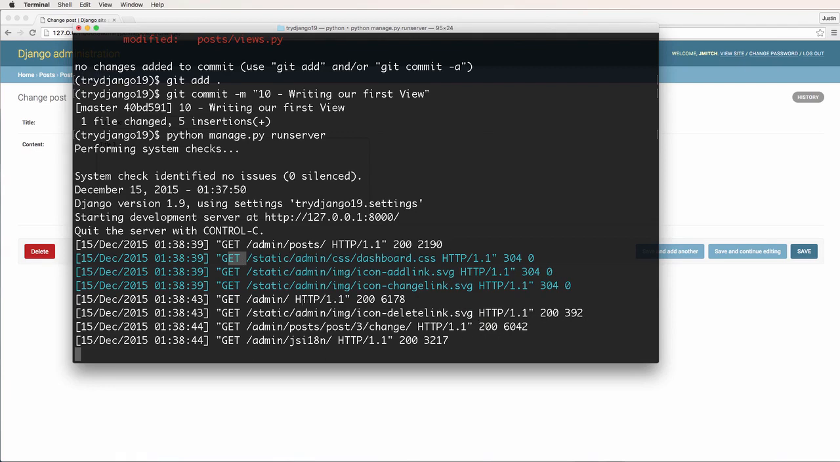Some that I actually did myself, like go to admin. I went to the URL of admin. And then others that I didn't do, like static admin image icon. I didn't actually request that myself, but the web page did. Admin.post, that's right, I requested that. And so on, right? So it's showing me all the different kinds of requests that are coming through from the site